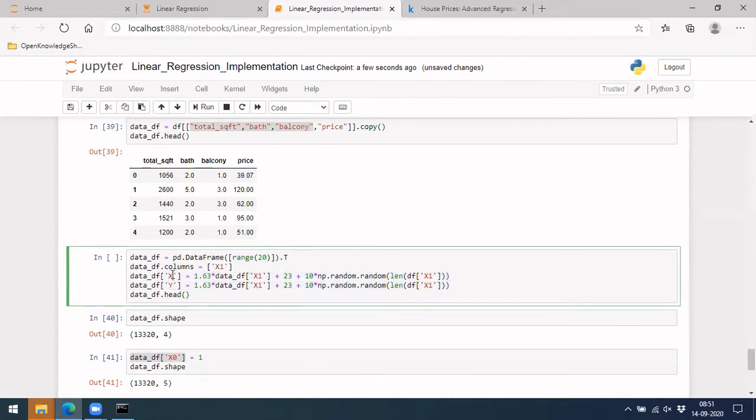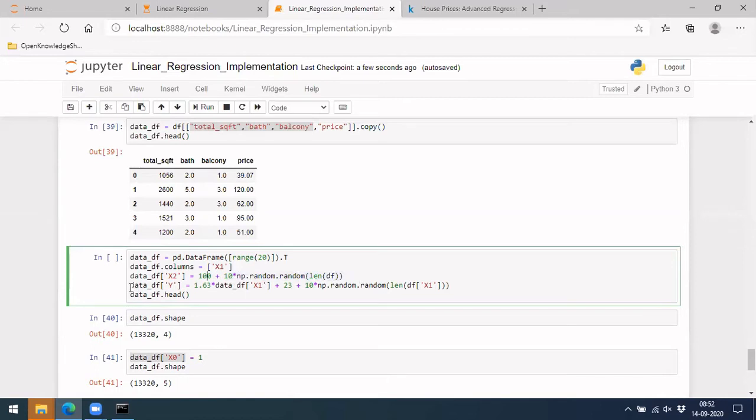This time I am defining x2 equal to 100 plus random values. It need not be related to x1 anyway. It can be just the length of df. So what I'm doing here is generating a value from 0 to 10 randomly and adding 100 to it.